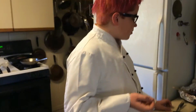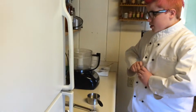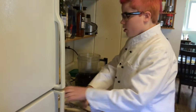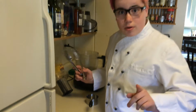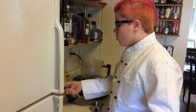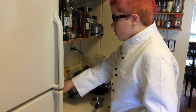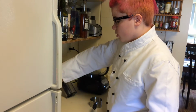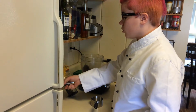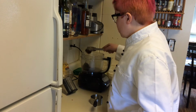Today we're going to make a beet pasta raviolo with a ricotta and sage filling. So let's get started. We're going to use roasted beets, make sure it's roasted, about 3 medium roasted beets. I want to put this in the food processor. And if you don't roast your beets, then it won't be the same color as if you boiled them or got them canned. So you want to put in all of your beets